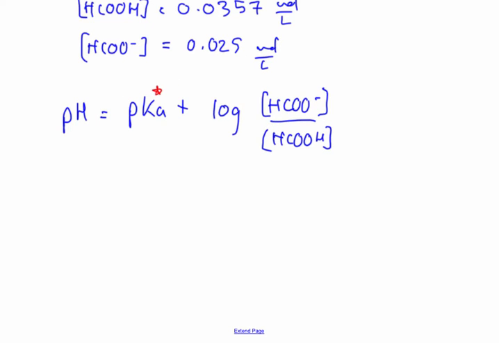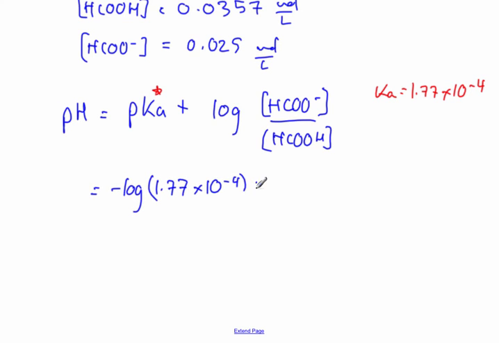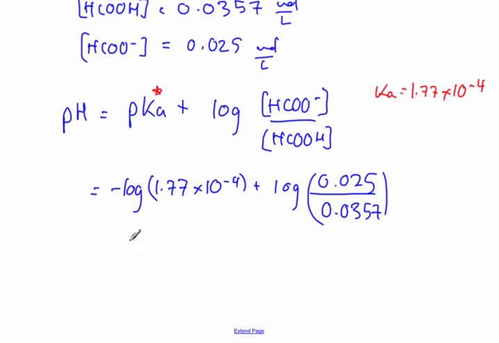Now notice the pKa is the negative log of a Ka value. And we know the Ka for methanoic acid, so the pKa is simply the negative log of that value. And then we add it to the log of the anion divided by the acid. Those are initial concentrations in both. And you'll see when we do that correctly, we get 3.60,